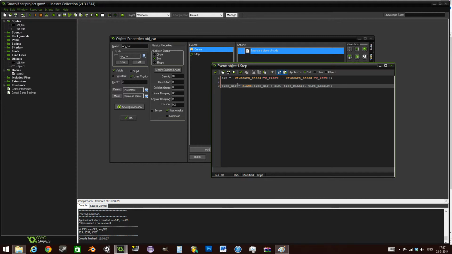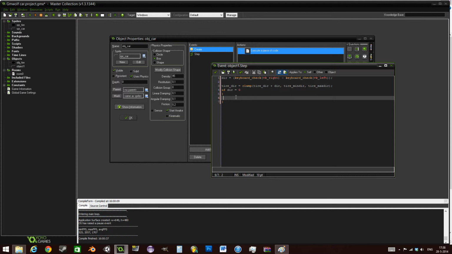Now that we have the tire dir, if dir is 0, we want the tires to come back to their normal position. And to do that, we're going to have if dir is equal to 0, we want to change the angle so it goes back towards 0, and I'm doing hand movements in the air, and I know it doesn't actually go on screen, but the way we're going to add this is by